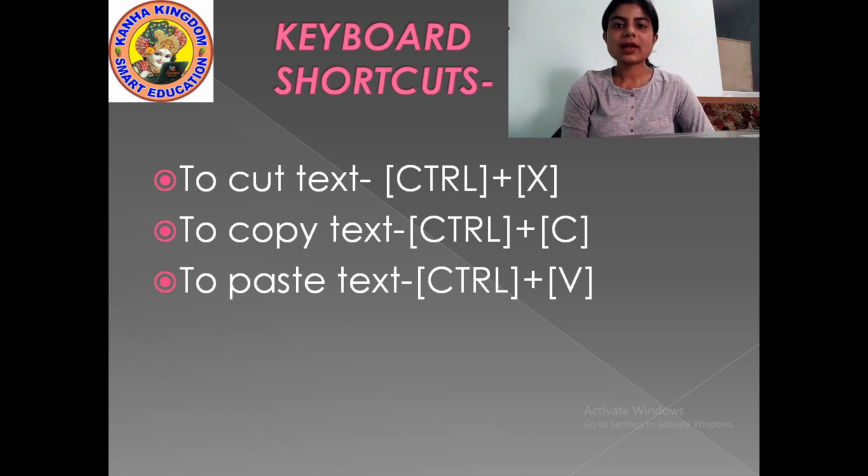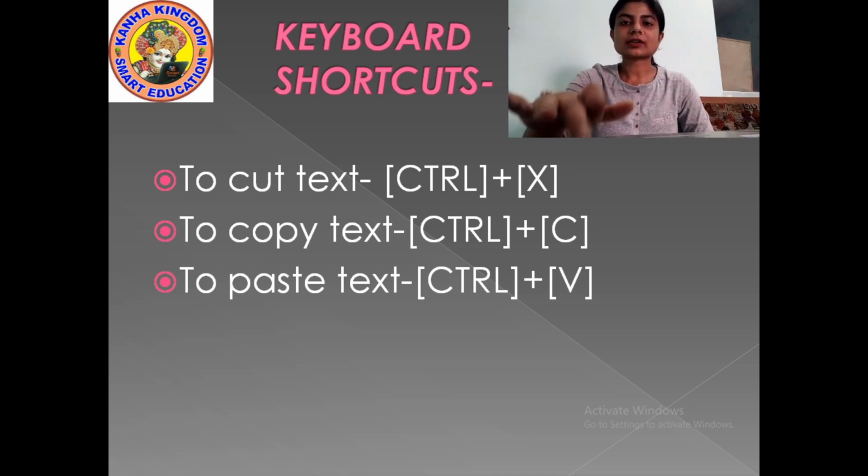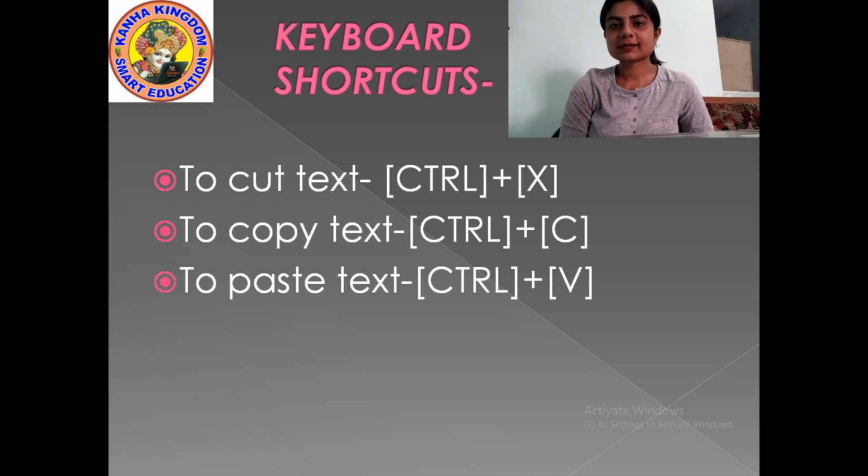so students, now let me tell you the shortcut keys to cut text, to copy text and to paste. Okay, suppose you have selected the relevant text. Without going to the home ribbon, you can use these shortcut keys to copy and cut. First you select the text, then you press Ctrl plus X. It will cut the relevant portion of your text. Okay, to copy the text, you press Ctrl plus C together. Okay, it will copy your text.